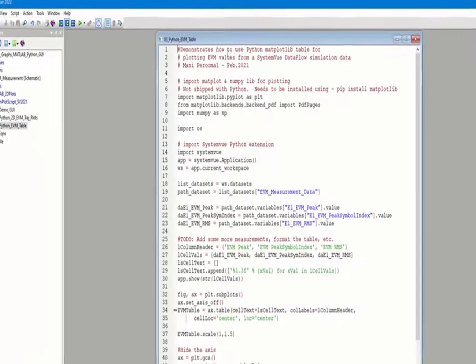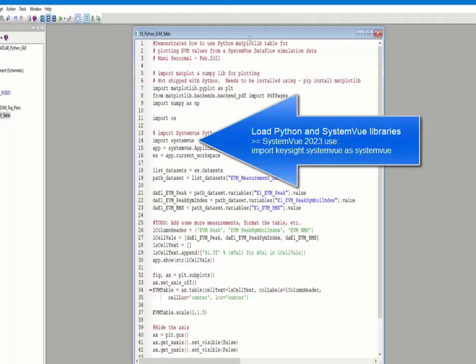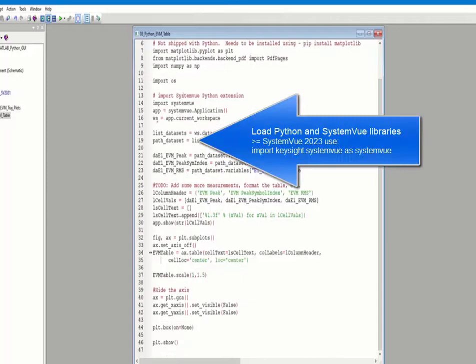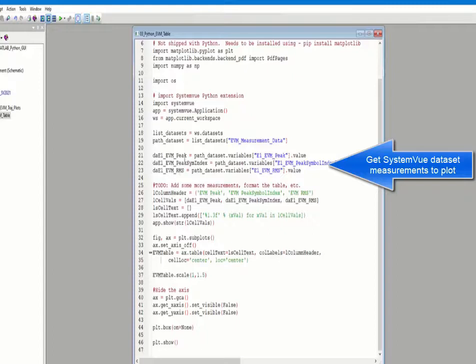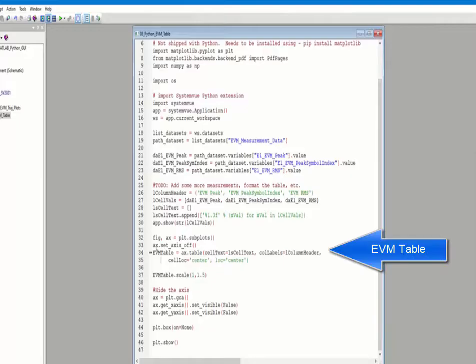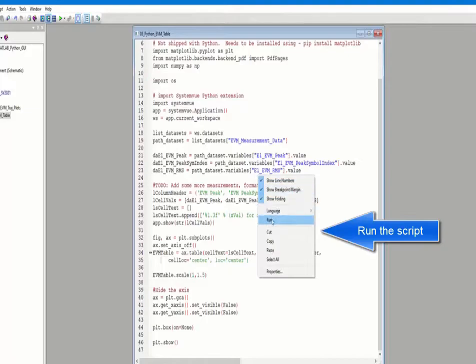So open up the script Python EVM table. The first few lines are very similar to the script that we walked through in setting up getting some of the variables to plot. And then here we are getting the table and getting the information plotting in an EVM table. Let's run the script